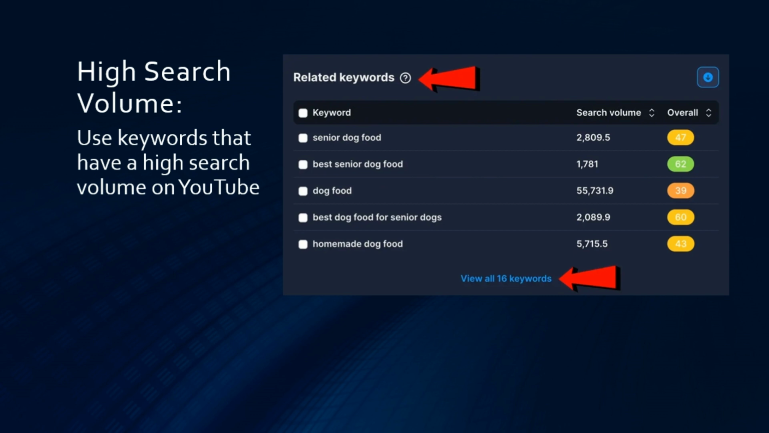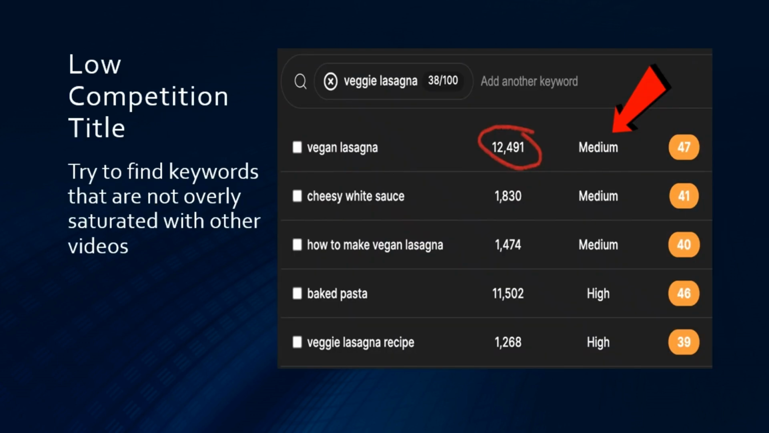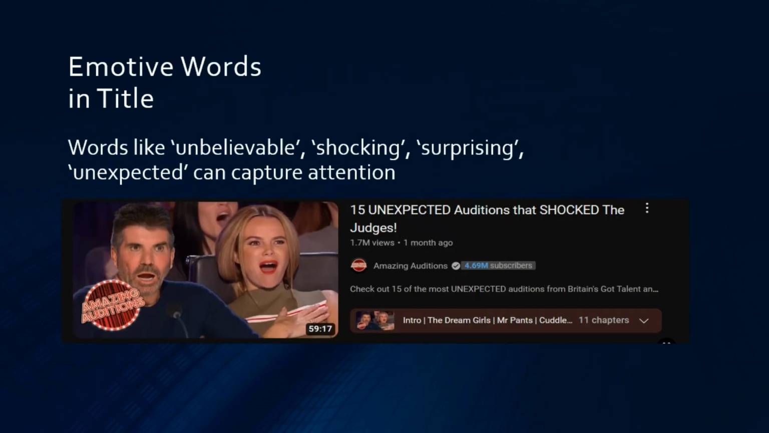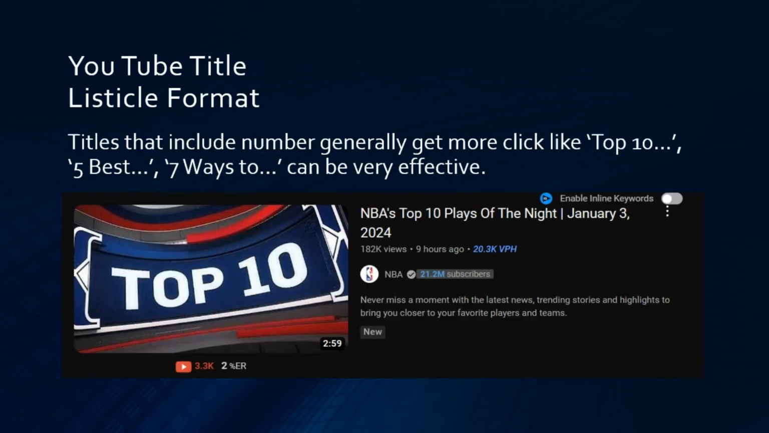4. High search volume. Use keywords that have a high search volume on YouTube. 5. Low competition. Try to find keywords that are not overly saturated with other videos. 6. Emotive words. Words like unbelievable, shocking, surprising, unexpected can capture attention. 7. Listicle format. Titles that include numbers generally get more clicks, like top 10, 5 best, 7 ways to